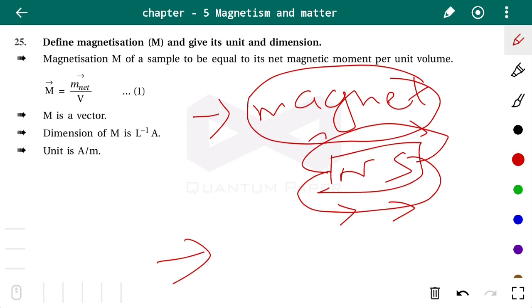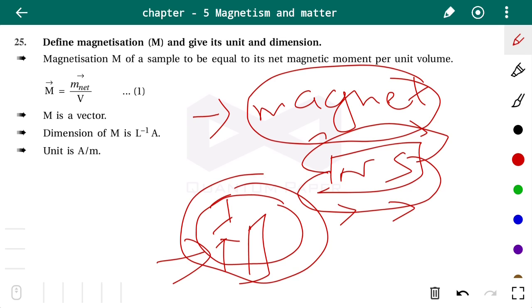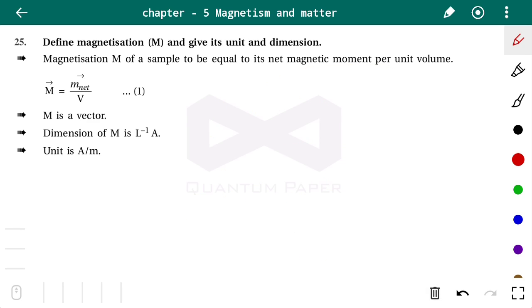The other reason is a current carrying wire. When current is passing through the wire, magnetic field lines are generated around it, and its direction you can find with the help of the right hand thumb rule. Take the direction of the current as the thumb's direction, and the direction in which the fingers curl will be the direction of the magnetic field. So there are two reasons by which a magnetic field is produced: one is the magnet itself, and the other is the current.